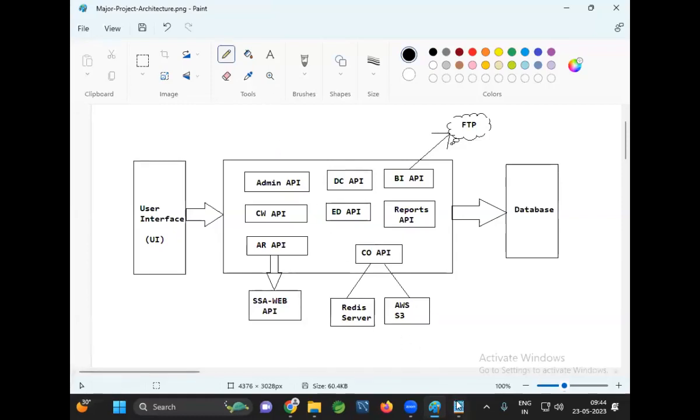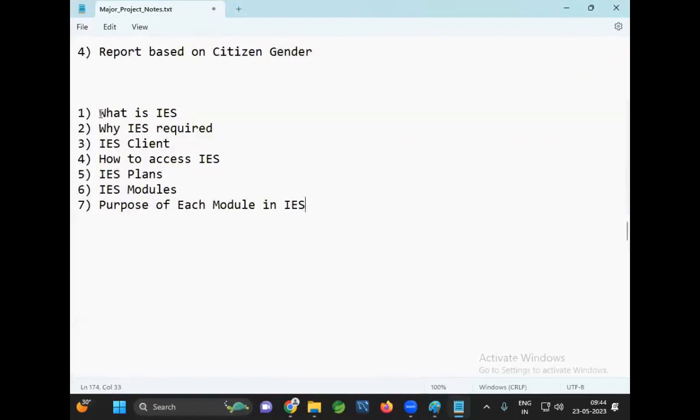So as of now, from the last 2 to 3 days, we are understanding what is IAS, why IAS, who is a client for IAS, where IAS will be accessible, who can access the IAS application, what are the plans available in the IAS, plans and conditions, who is eligible for which plans, and plan conditions also we discussed. Then what are the modules in the IAS and what is the purpose of each module in the IAS application